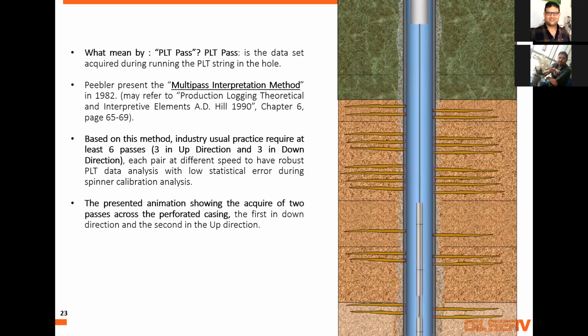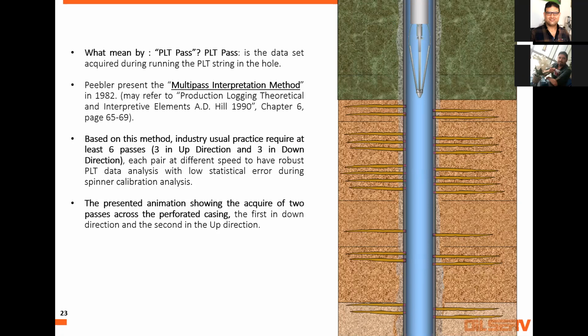Now, you see, this is a pass down and this is a pass up. So what's happening in this movement? We record 2 passes, one down, one up, at the same speed. Down will be positive speed with depth, up will be negative speed. We repeat this 2 times, but at different cable speeds.